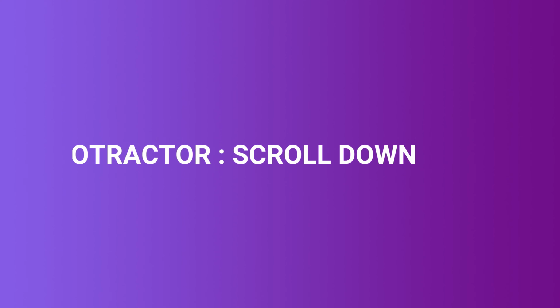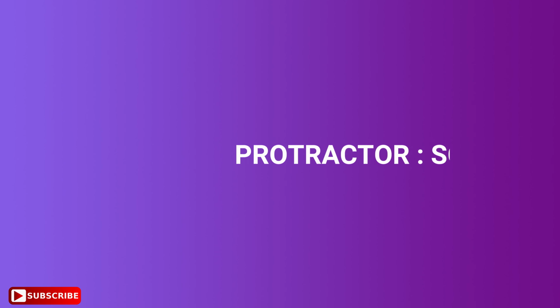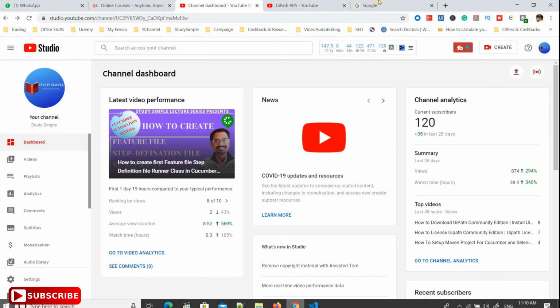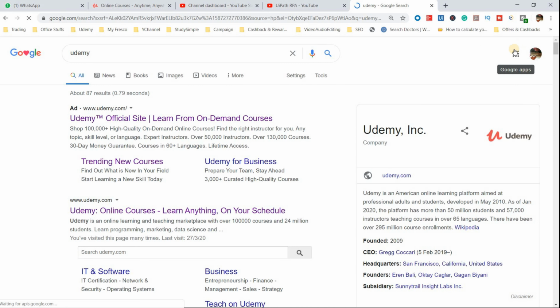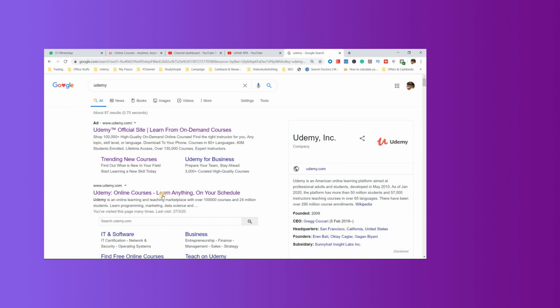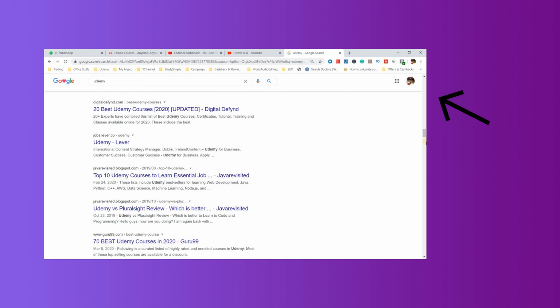In this video, I am going to show you how you can do an auto scrolling feature in Protractor. The manual step will be, I will open Google, I will search for some items, and once I search for some items, I do see a scroll bar in the right hand side corner. So if we want to scroll it down to some level, we are doing it manually. Now using the Protractor automation code, I will handle this part, that is the scrolling feature, automatically.